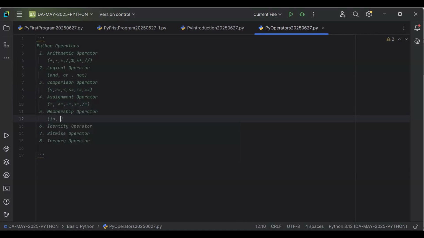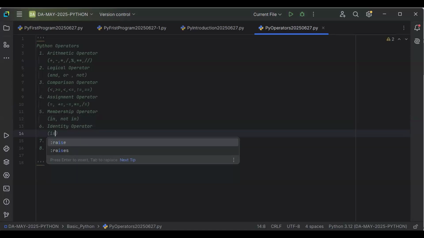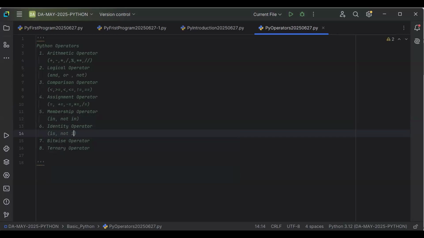Identity operators में क्या है? Is, not is. Bitwise में we have and, or. So ternary operator, it's kind of an if else like statement, so it's a ternary operator, ठीक है।